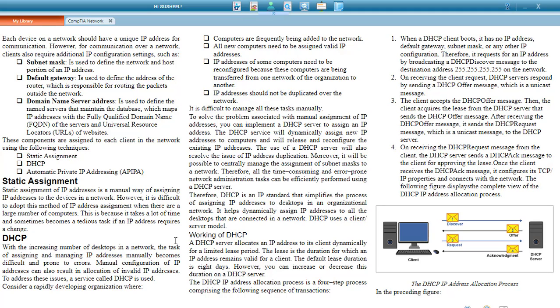DHCP. With the increasing number of desktops in a network, the task of assigning and managing IP addresses manually becomes difficult and prone to errors. Manual configuration of IP addresses can also result in allocation of invalid IP addresses. To address these issues, a service called DHCP is used. Consider a rapidly developing organization where